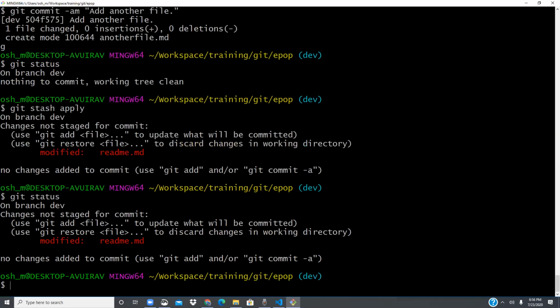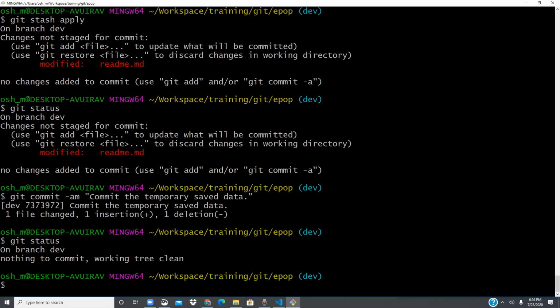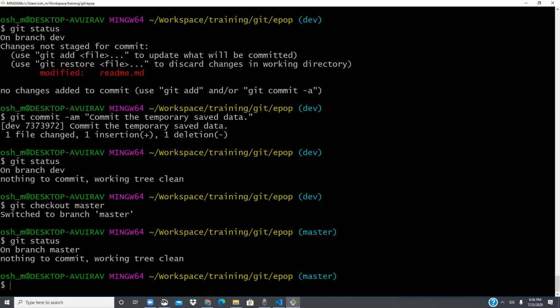And once I do that, I can just do a commit. Commit temporary saved data. Okay. All right. So if I go to master now, I'll then do